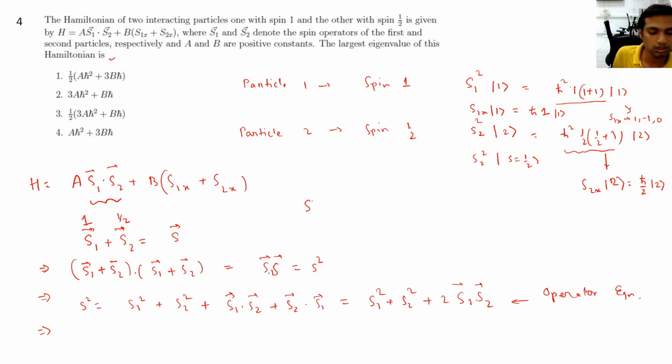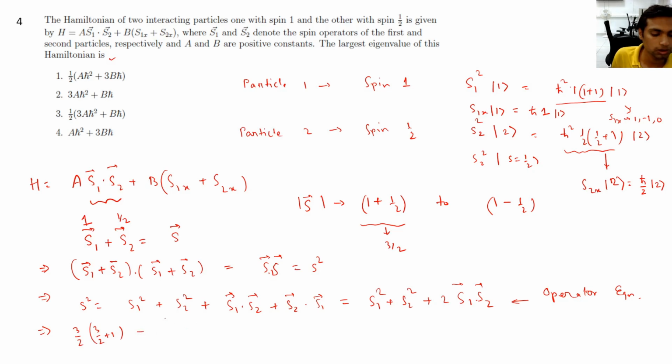This S can take values from 1 plus half to 1 minus half. So for the maximum value we have to take 3 by 2. So the eigenvalue equation will be 3 by 2 times 3 by 2 plus 1